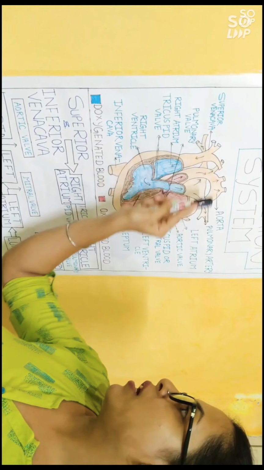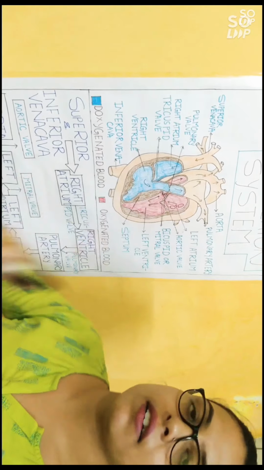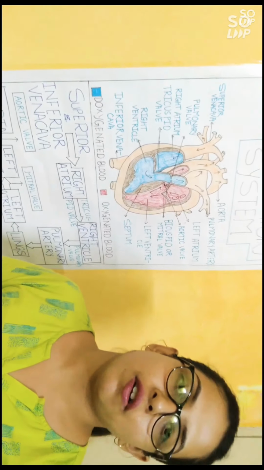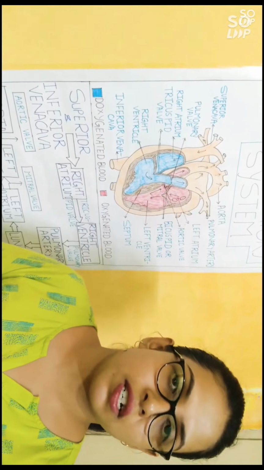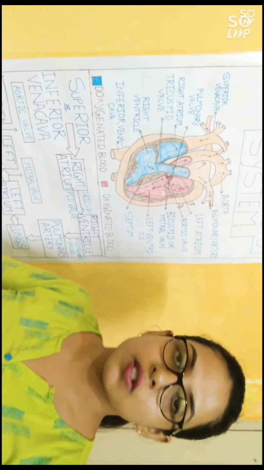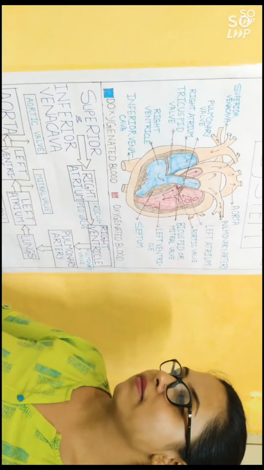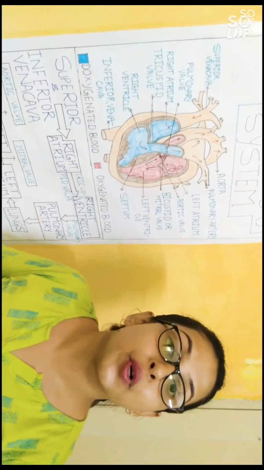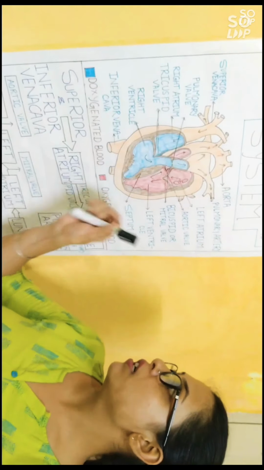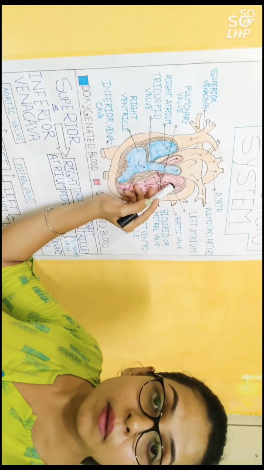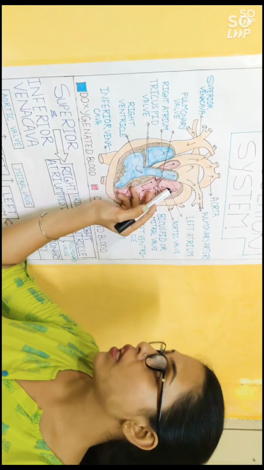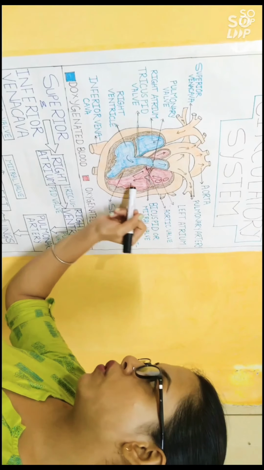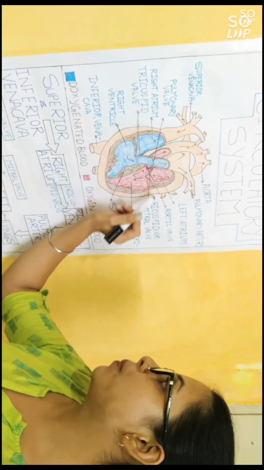There are 2 pulmonary arteries. Each of the arteries goes into each of our lungs. At the lungs, the purification of blood occurs and the deoxygenated blood is converted into oxygenated blood. Now, from the lungs, the oxygenated blood, or we can say purified blood, moves into the left atrium by the pulmonary vein. As usual, from the left atrium, the oxygenated blood moves into the left ventricle by the opening of the